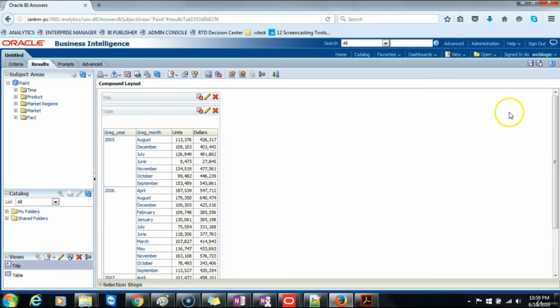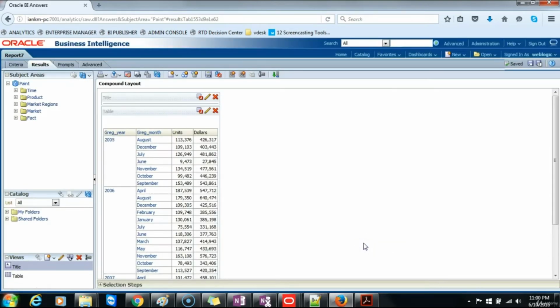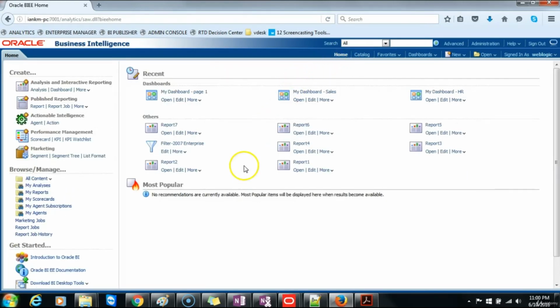Next, we want to save this report. Click on Save. And it will be report 7. And then we'll enter a description for this report, and we'll say dollars increased by 10%. And click OK. And that changes the report name to report 7. And we'll return back to the home page, and in the next steps we'll go ahead and create a column